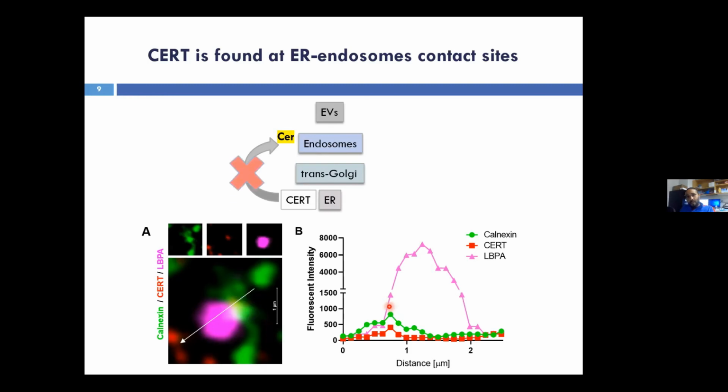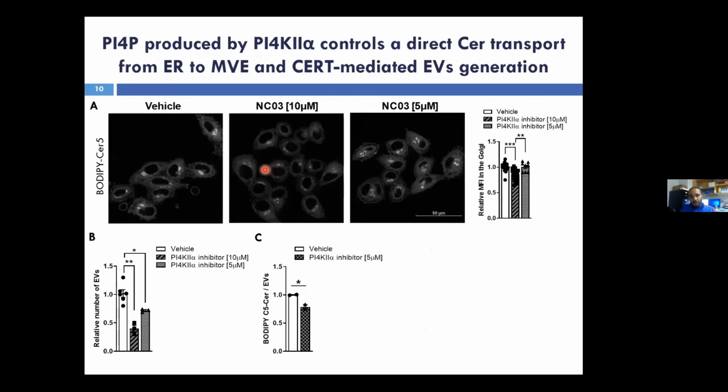Well, but this is, of course, not enough. And so we searched for a selective inhibitor of the PI4 kinase 2 alpha, which, as I said before, is the one that mediates the PI4P formation specifically, or rather specifically in endosome. And so we found this NC03 inhibitor. And to be sure that we were not affecting the redistribution of